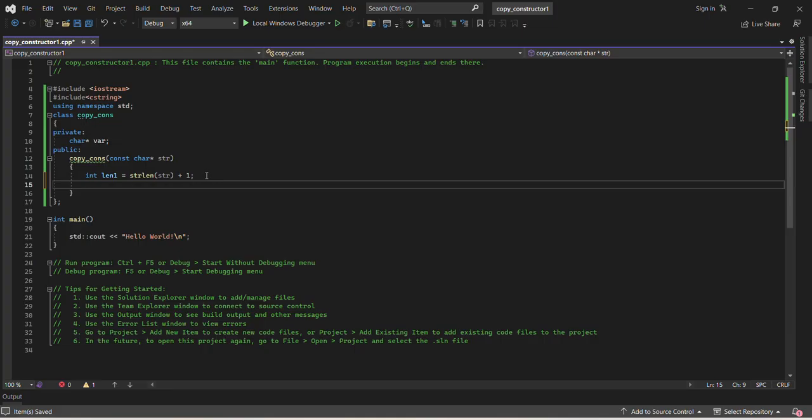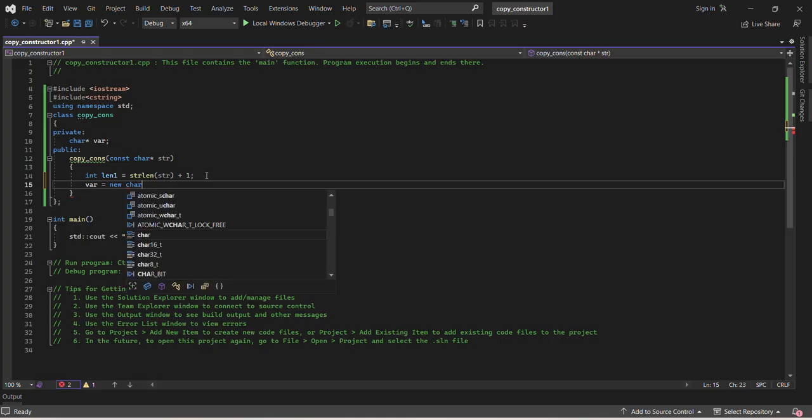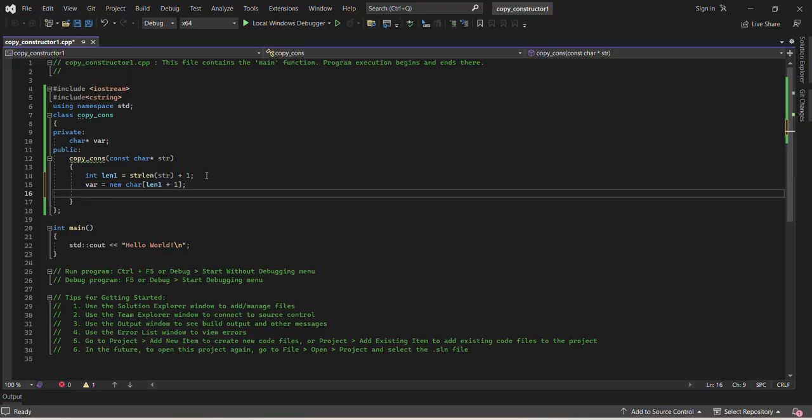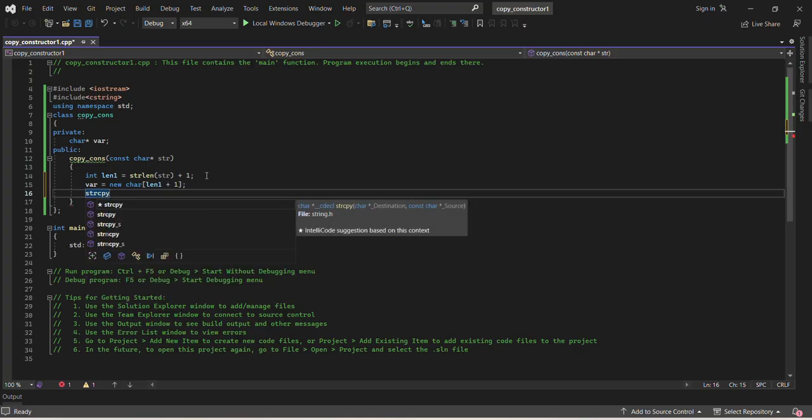For this variable, using the new operator, character data type, and how many characters, that will be length1 plus 1. So the memory is dynamically allocated,